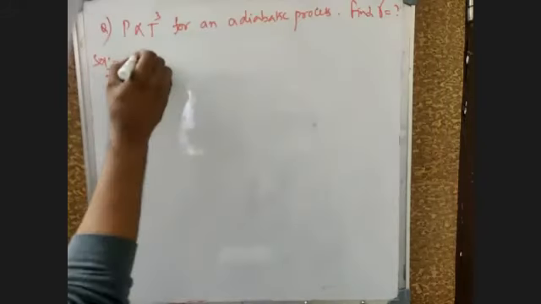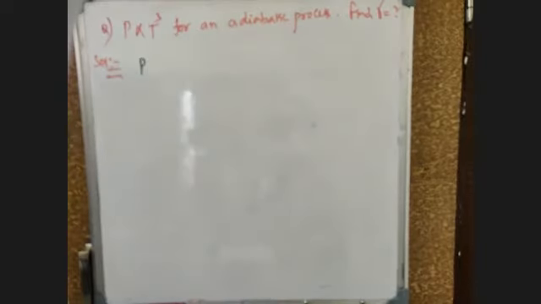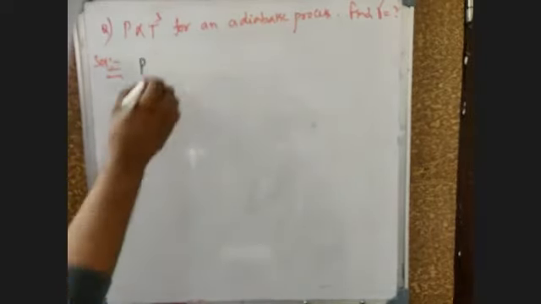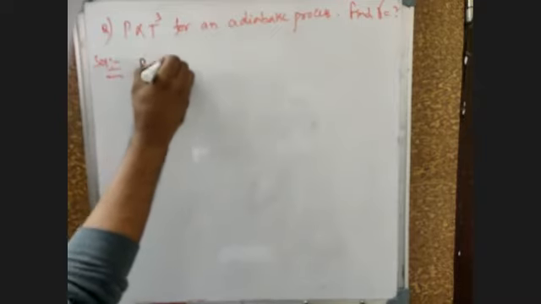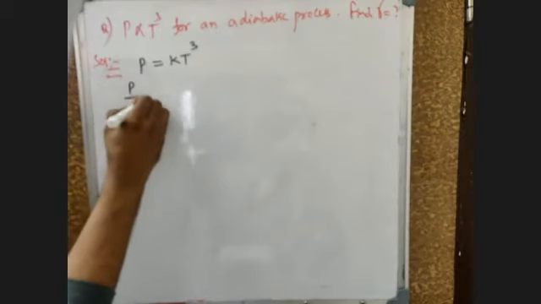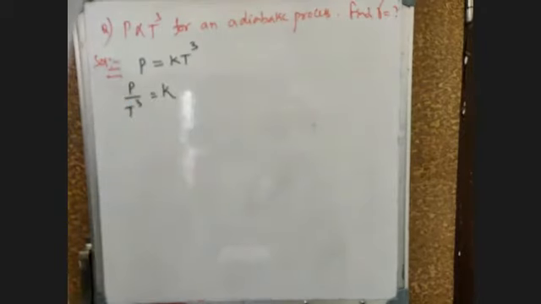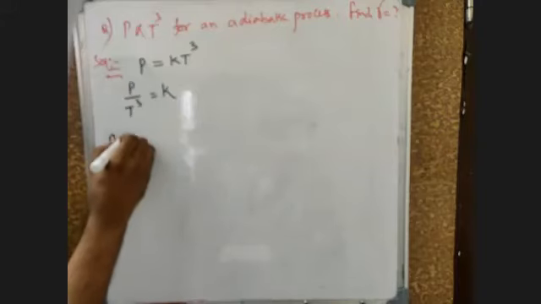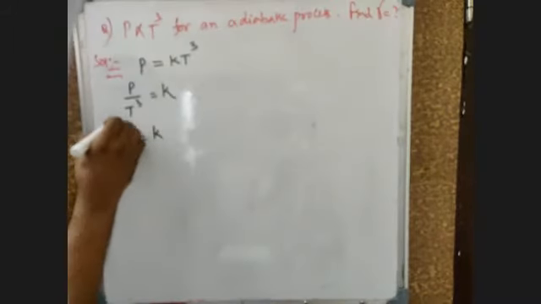Sir, firstly, their relation in adiabatic processes is T by P to the power of 1 minus gamma. So what is the relation right now here? If I'm removing the proportionality constants, I can write from this relation P T to the power of minus 3 is equal to constant. This is constant T to the power of 3. So this will become P T to the power of 3 is equal to constant. Or else I can even write like this, P T to the power of minus 3 is equal to constant. Can I write like this? Any problem?